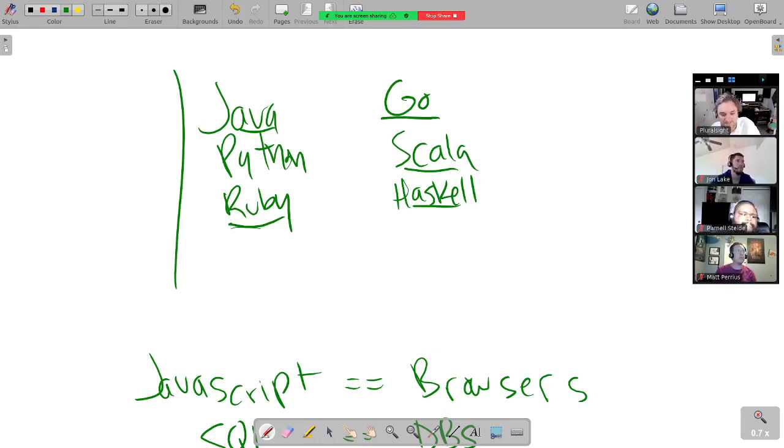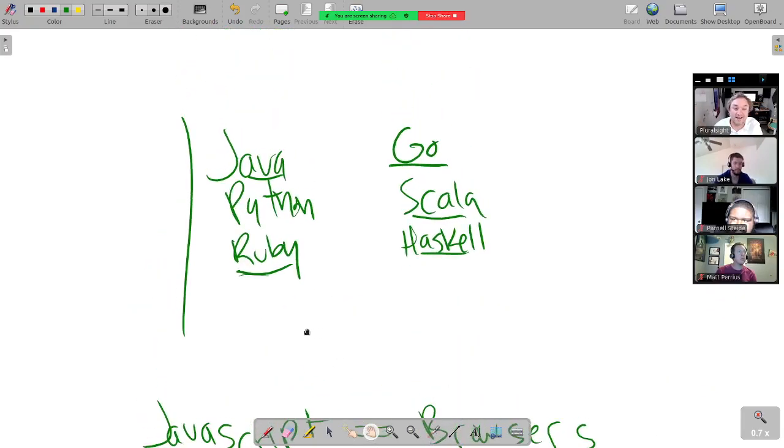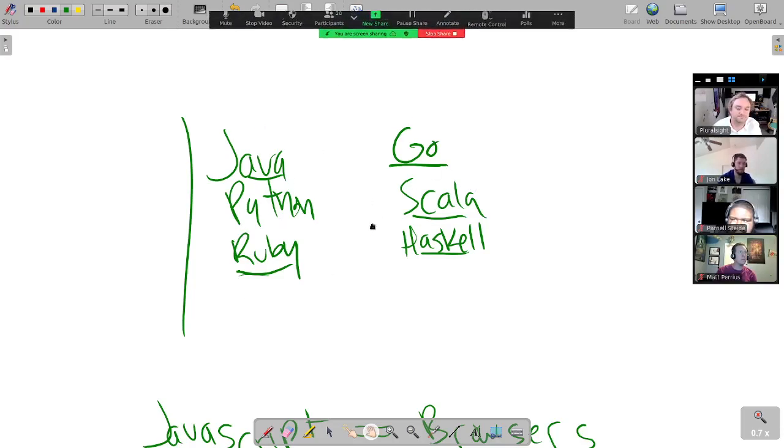Sometimes you don't get to pick the language. Like in these cases, if you're writing for the browser, one way or another, you're writing JavaScript. You might be writing something that compiles to JavaScript, but that's the only language your browser speaks. If you're writing a shell script, like an installer or something like that, I don't know, maybe one of these makes more sense.